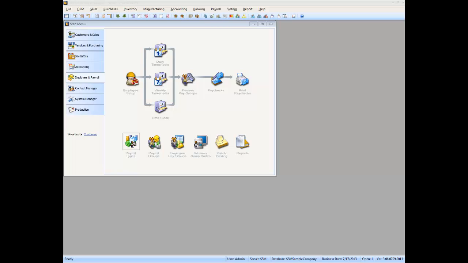Welcome to this first in a series of 4 videos on setting up payroll in Stamp Shop Manager. As you can see, I've logged into Stamp Shop Manager and I've clicked on the Employee and Payroll option in the standard startup menu. The first thing I'm going to do is set up not employees but